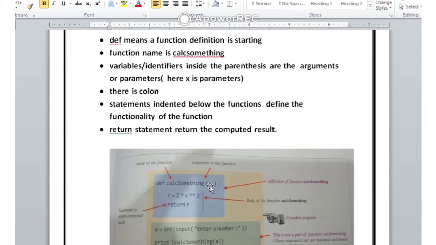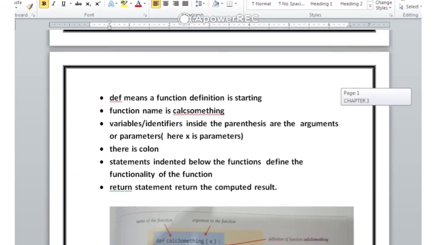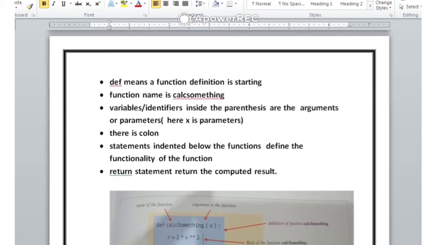Then a function name is always followed by parameters. Whatever we write in the parentheses, just see here, is optional. That means we can either skip this part or write something here. These are valid identifiers, written inside the parentheses and followed by a colon.